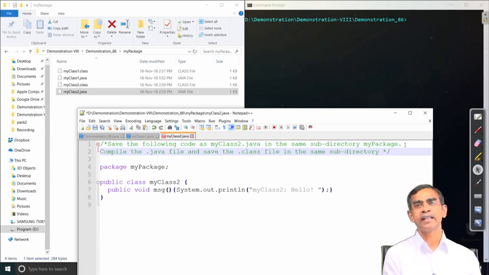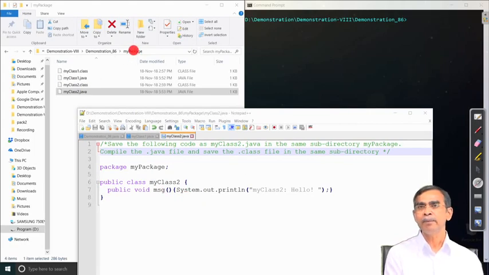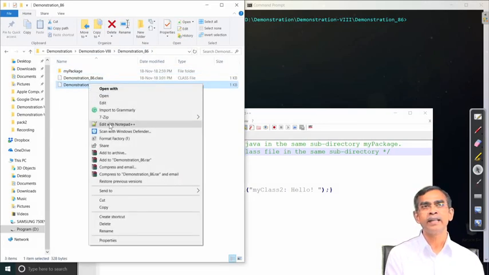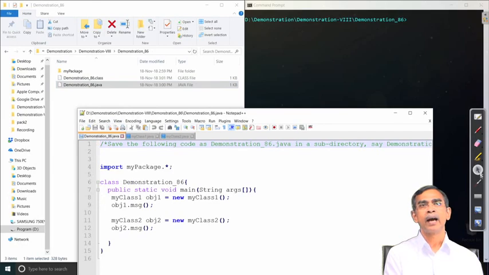After creating this package with two or more files, we can access them in one class file. That class file should be in a root above this my package. Now, here the working directory is demonstration 85, which is just above the my package directory, and now here we can see my class 1 object is created, my class 2 object is created, and these classes are imported from the my package package.